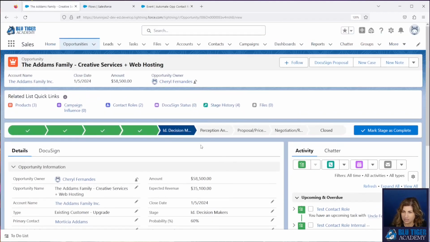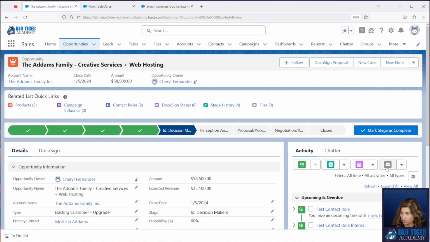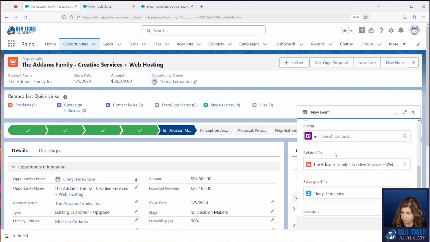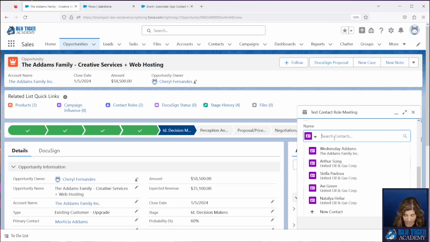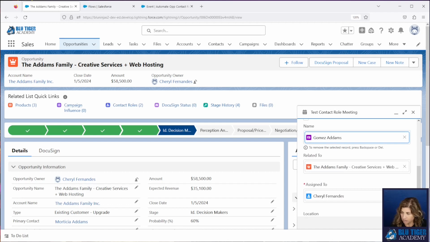So let's come to this op, this same op, and let's do an event for Gomez. So we'll do test contact role meeting. Put Gomez in here. And we'll click save.